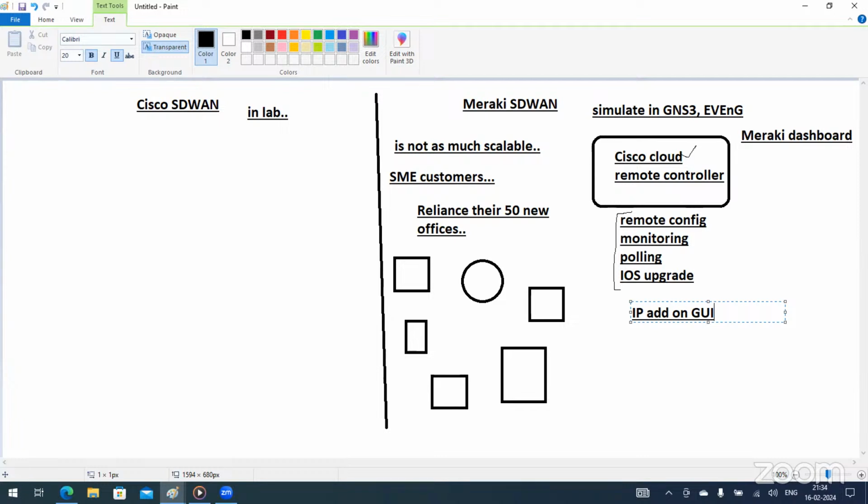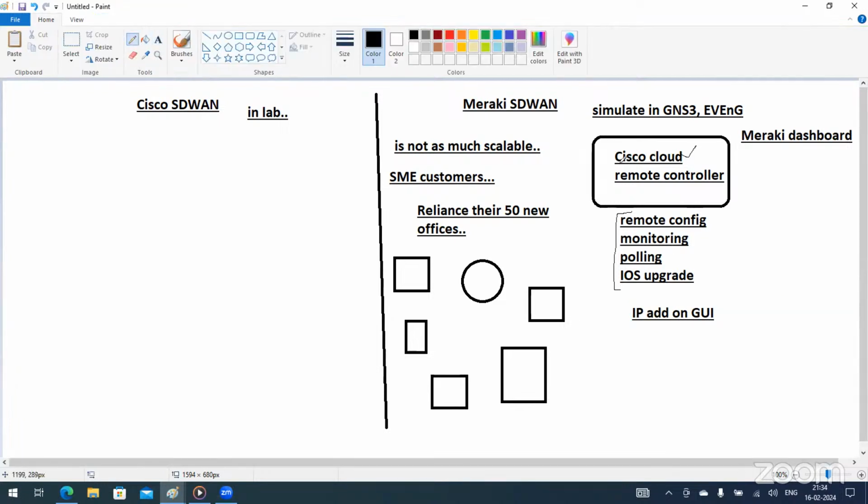You would simply connect the Meraki box to a PC. There you will get a GUI interface to input the IP address. Once you have configured the IP address, that device should be reachable to this controller, and then everything can be done from here only. You cannot do any other configuration on that device. Just like on a Cisco router we can do CLI based configuration, here it is not feasible in Meraki.